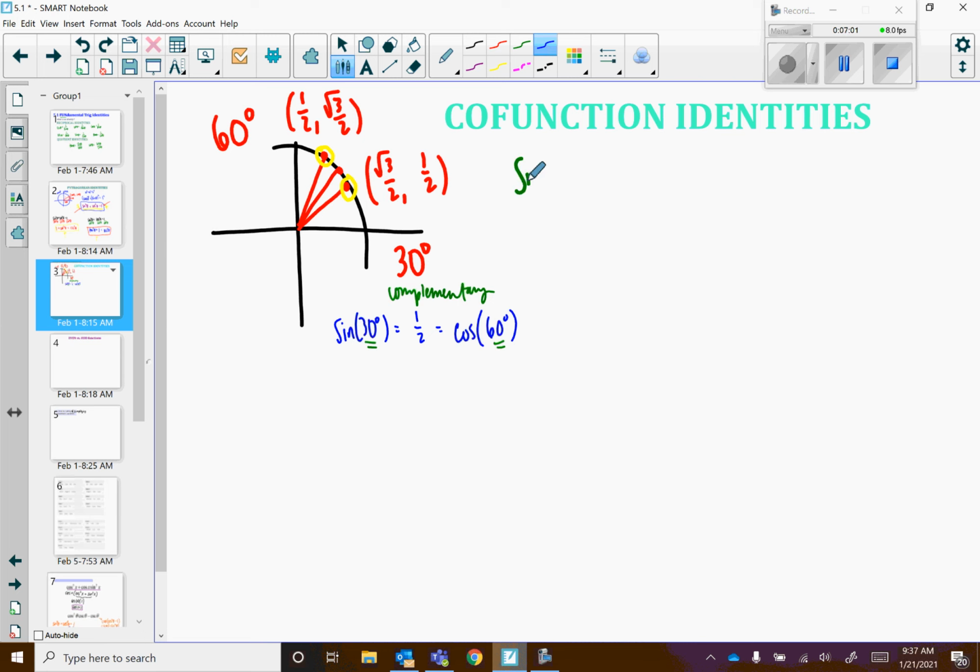So sine of theta is equal to cosine of pi over 2 minus theta. Oh no, I'm using pi over 2, not 90 degrees. Well, think of it like pi over 2 is right here, 90 degrees. Sine of 30 is equal to cosine of 90 minus 30, which is 60. We could continue by saying